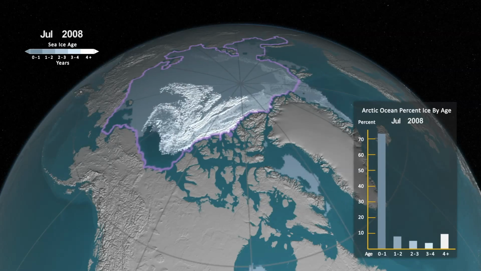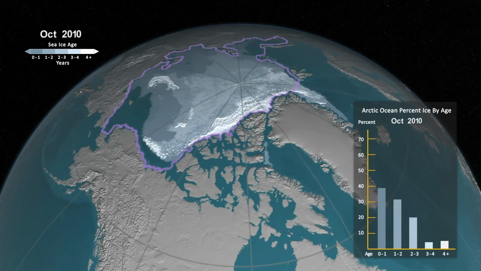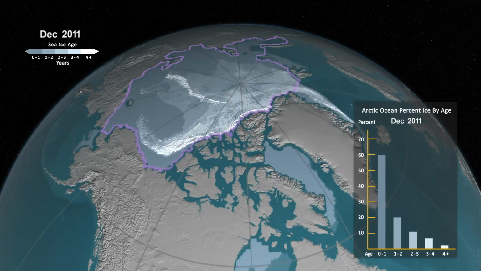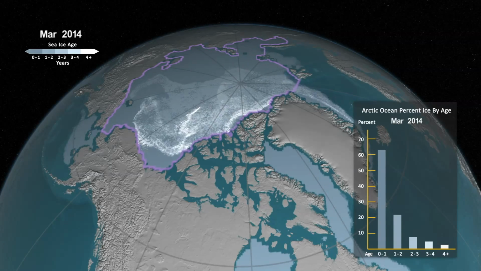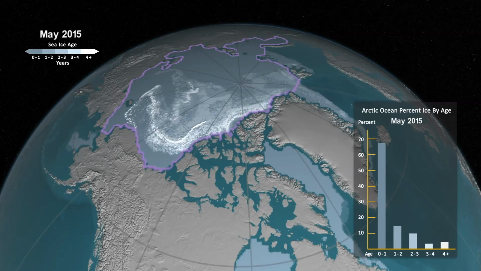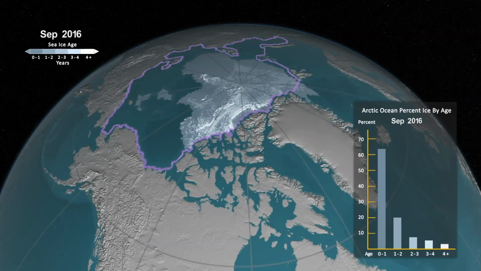In 2008, 2009, you can see there's very little white left compared to what there was at the beginning. 2011, very little left. There, just lost another big mass of ice. Some is still being flushed out, but more and more recently what we're having is the melting of that thicker ice. And so if you compare this to what it started looking like, where it was almost completely white, the Arctic was over 40% thick old ice. Now there's very little thick old ice left in the Arctic. And in fact, over 75% of the volume of ice has disappeared in the last 30 years. And that is a big loss of ice.